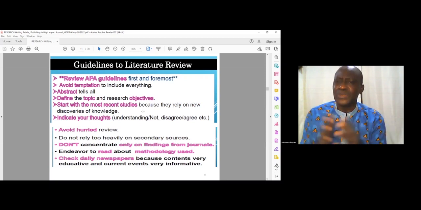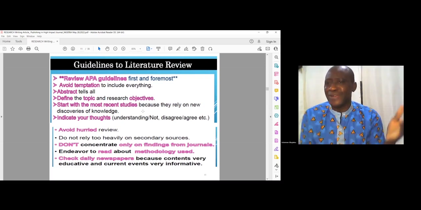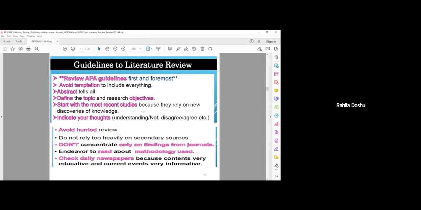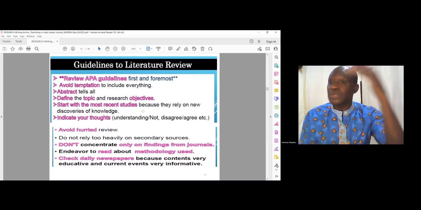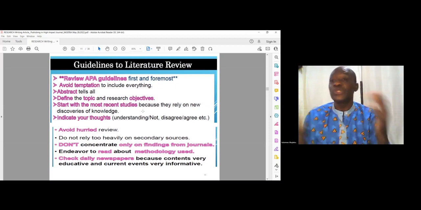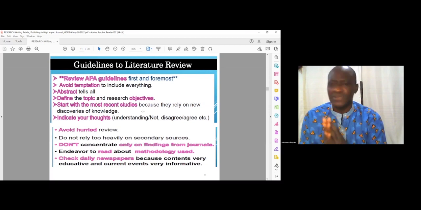I will tell you, in UTHM, we normally have what you call a mock defense. I failed my first mock defense. Yes, I failed that. And that is when I realized that, yes, I am good during the final, because I was able to use that failure to shut myself up, because I was doing it alone. My supervisor was not helping me at that time. They were not even helping.